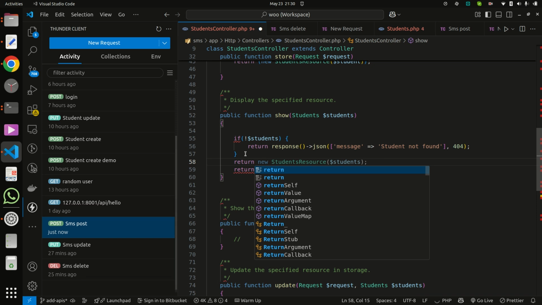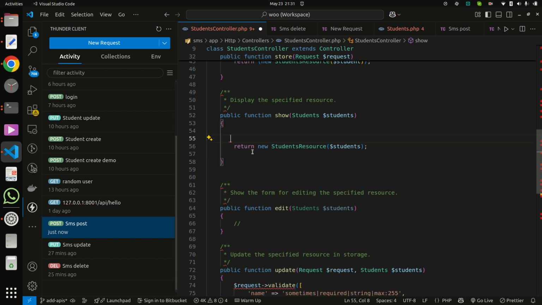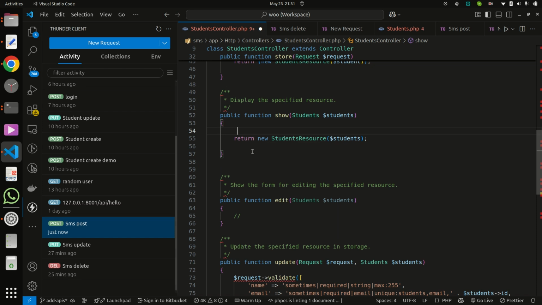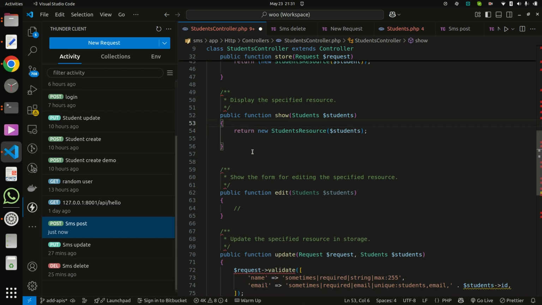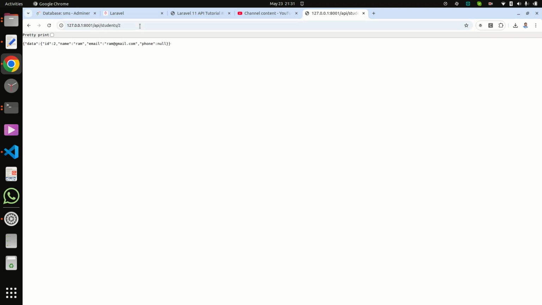Return new StudentResource. Obviously it is not working, so removing the message. Okay, now if we check for ID 2, then it is giving the result.